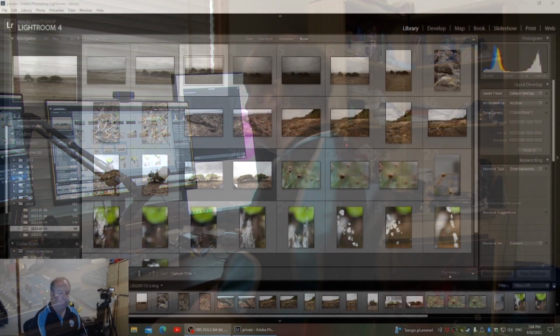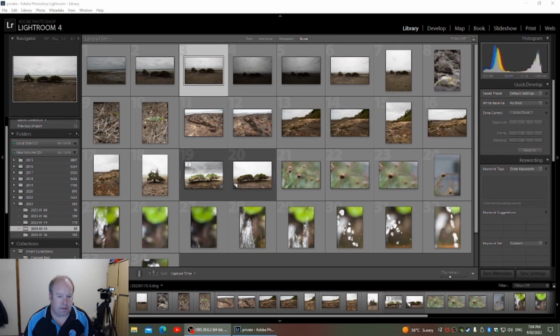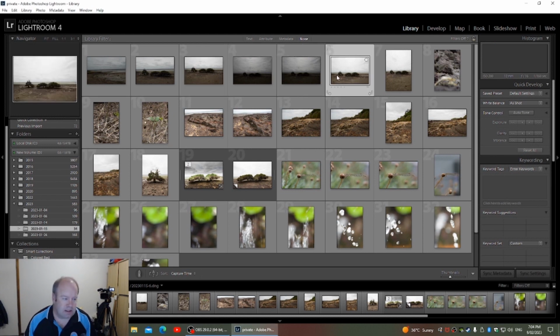Now if I swipe over this way, I'll be able to show you what I'm going to edit today. This is a photo that I took one day while going on a walk in Corinella. As you can tell, it was at low tide. This is when you're walking along the foreshore towards a place called Settlement Point. And there were these three mangroves,